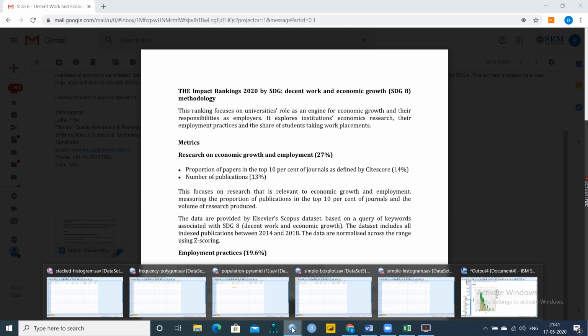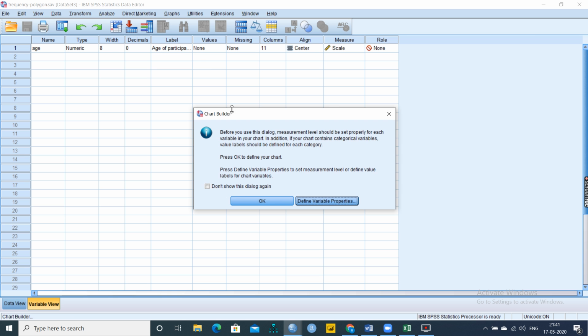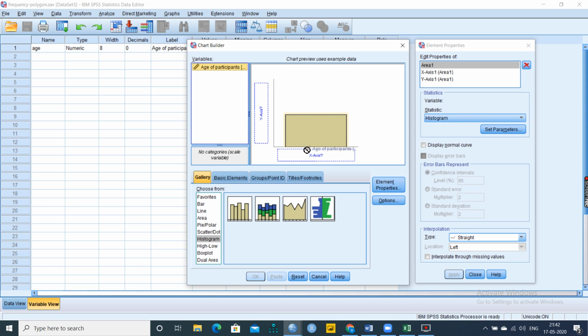The next graph is the frequency polygon. This is also like a simple histogram to check normality, like a simple line curve and simple area curve. Here we have to go to Graph, Chart Builder, click OK, then Reset, take this to the canvas, put age of participant on the x-axis and then display normal curve, click OK, apply, OK.